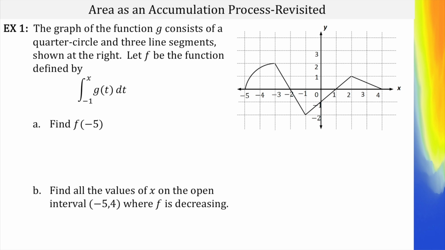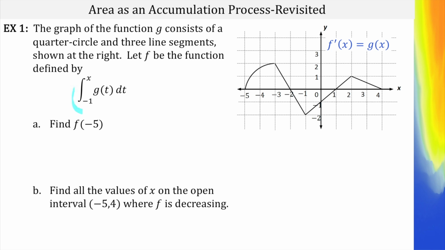This says that the graph of the function g consists of a quarter circle and three line segments shown at the right. Let f be the function defined by the antiderivative from -1 to x of g of t dt. Okay, so what does that mean? That means that the derivative of f of x is g of x. And it's really important to write this down. Helps to organize your brain, but also you can now use that as a reference throughout the rest of the